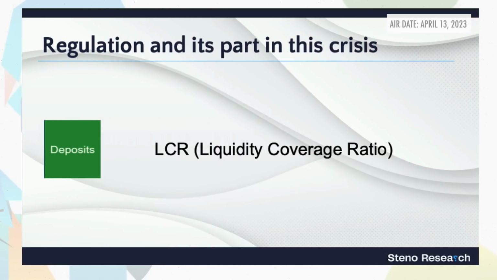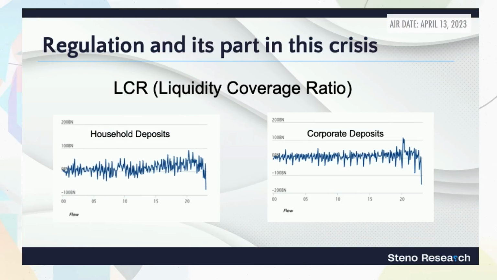If we look at the regulation, regulators expected corporate deposits to be much more stable than household deposits. So the underlying assumption in the liquidity coverage ratio is that you should expect more stability from corporates relative to households. And we see the exact opposite thing happening, namely that corporate deposits leave the banking system at twice the